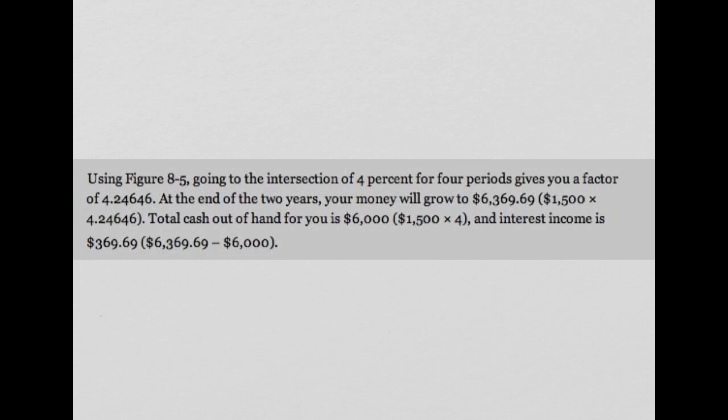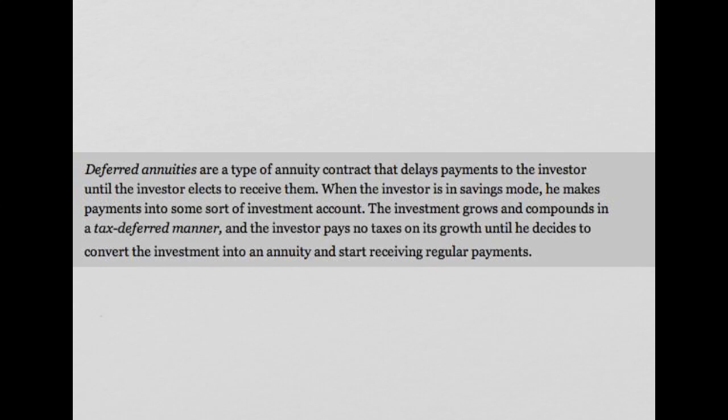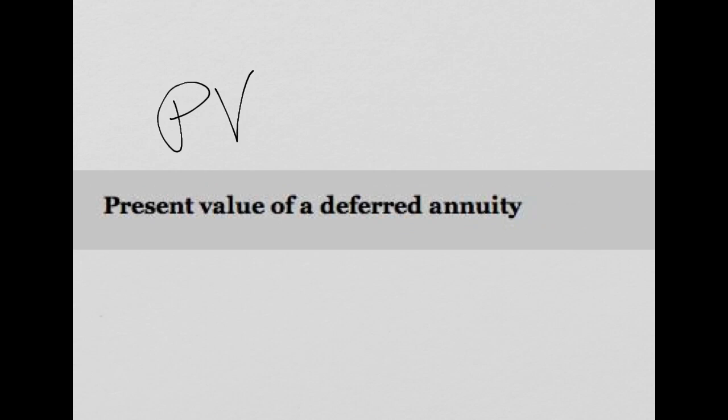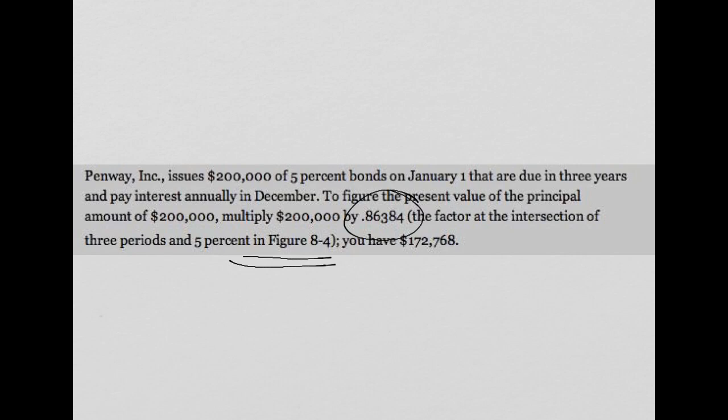So let's go back and see. Half the battle is knowing what table to look at. All right, there it is. That's the number. So that's coming from the present value of an annuity table: how much do you need today to pay out the interest rate of 3 periods and 5% on $200,000. So the present value to pay out the required interest over the 3 years is